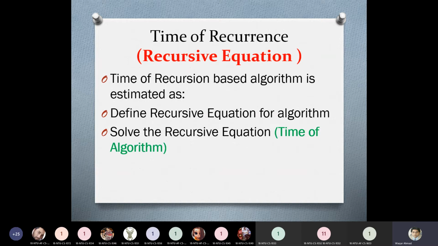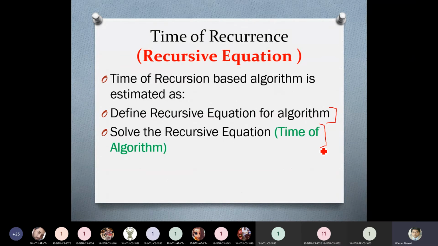So far, we have performed the first activity: we have learned how to define the recursive equation, which we just did for merge sort. Our second activity will be solving the recursion, or estimating the time of the algorithm.